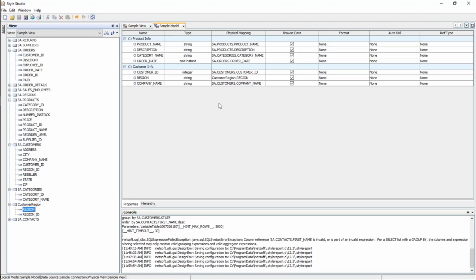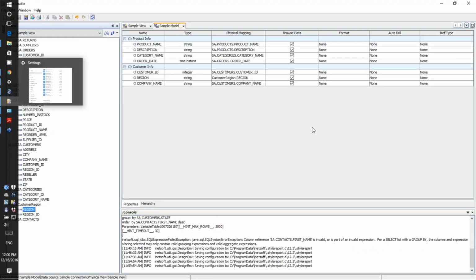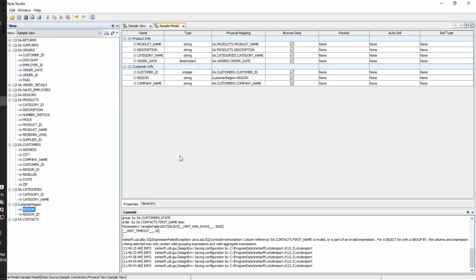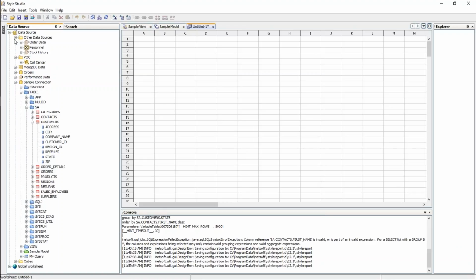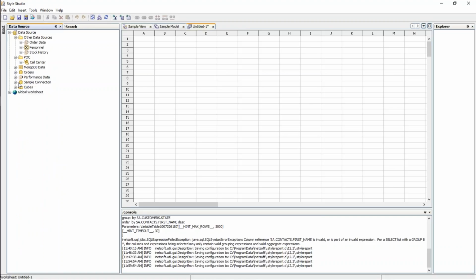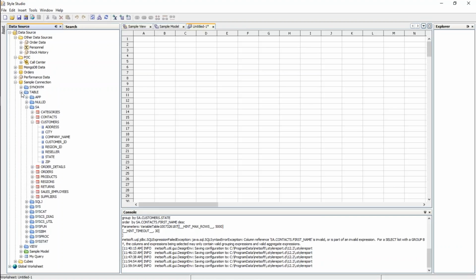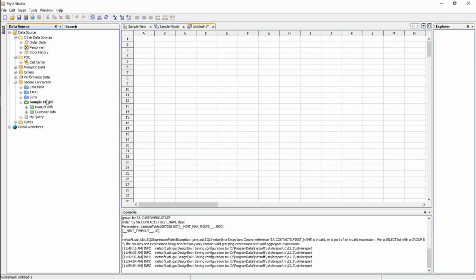So when somebody goes to develop a dashboard or to create a data worksheet, this is what they're going to see. So now, if I were to go ahead and create a data worksheet here, new worksheet, then among the data sources that I would have at my disposal, here's the sample connection, and now I know that there's a data model in there if I close that up, right, so there's the sample model that we just created. So somebody working on a data worksheet now would have access to this data model called sample model, and we know that it has two entities, a product info entity and a customer info entity, and they could use any of these fields in their